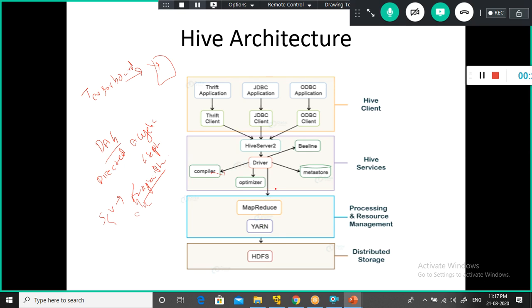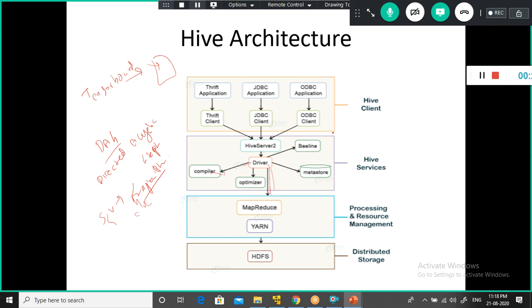Ultimately the data is stored on top of your Hadoop file system. The execution engine, as per the plan, initiates the MapReduce job against the Hadoop file system. That is the Hive architecture.